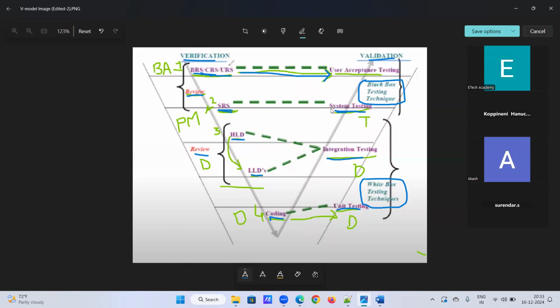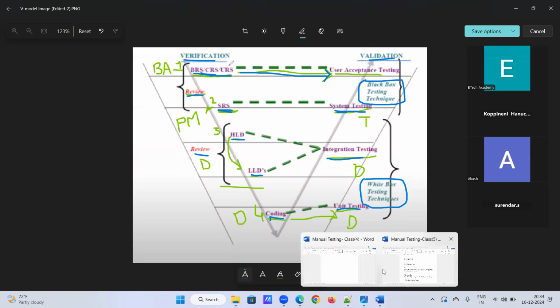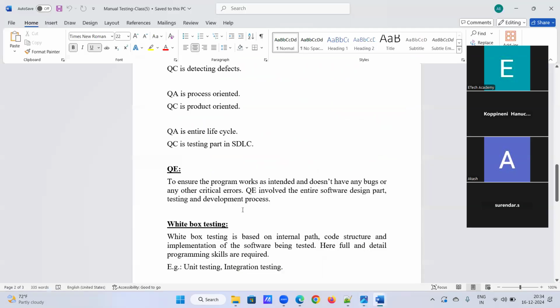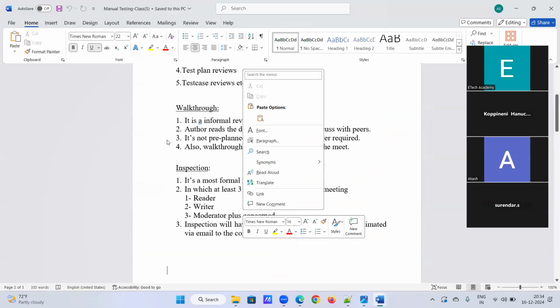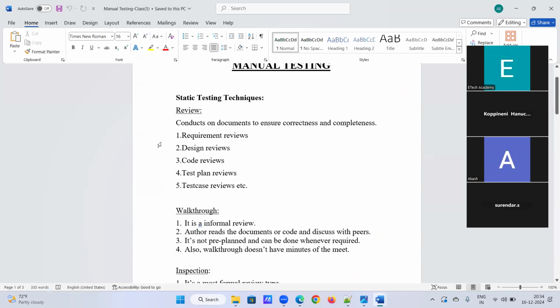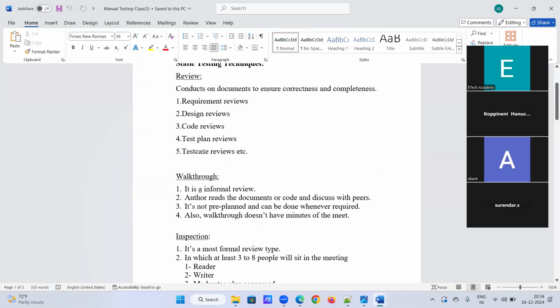For system testing we refer to the SRS document, and for UAT we refer to the BRS document. So BRS is the input for UAT testing, and SRS is the input for system testing. This comes under black box testing, and we are doing dynamic testing techniques. We need to know that in detail in the upcoming sessions. And we conduct document reviews, walkthroughs, inspections, right?